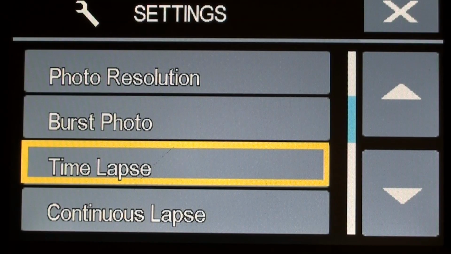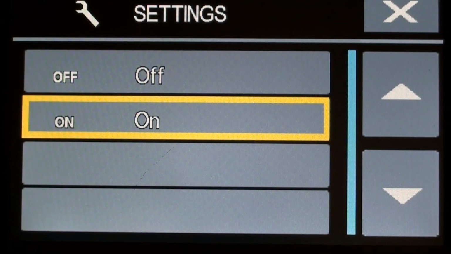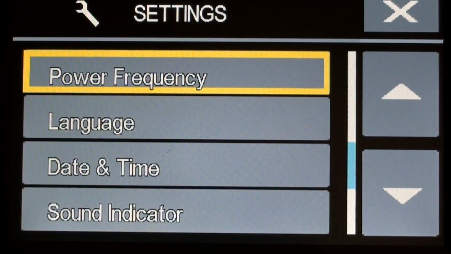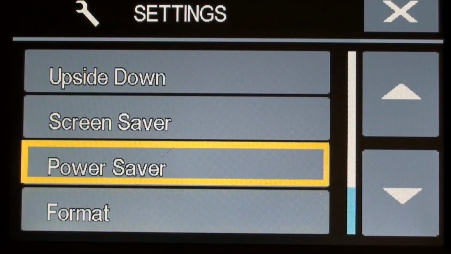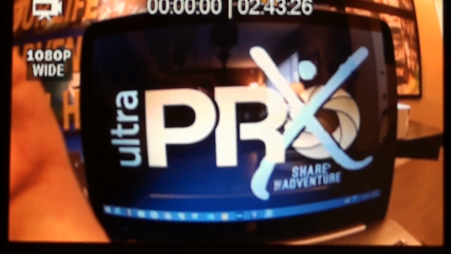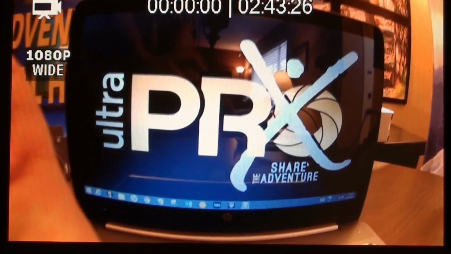And then finally, the last thing we want to do is continuous lapse. We'll hit enter here and make sure that that is on. This is telling the camera that you're leaving the timer mode of just taking a self-timer picture and we're going to continuous time-lapse mode. So make sure that that is on so that the camera will continue to take pictures based on what you've set it at. Now we can go ahead and scroll down to the end, and once the X is highlighted, I'll push enter, and now the camera is ready to go, except we've defaulted back to video mode. So I'm going to press the button on the front